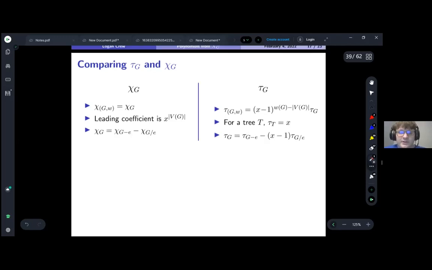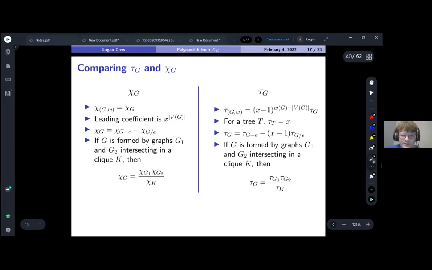They do both have a deletion contraction relation. From the chi g and from the calculations we just showed, it is possible to show that tau g does also admit a deletion contraction relation, where this x minus 1 factor is coming from in part. It does also have this clique product and quotient, in the sense that if g is formed as an intersection of two graphs at a clique, then you could compute its chromatic polynomial as that of this times this divided by that of the single point. And the tree polynomial tau actually does have the exact same property,